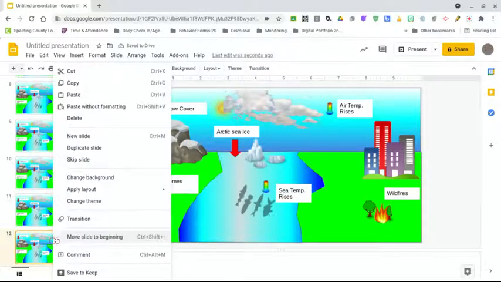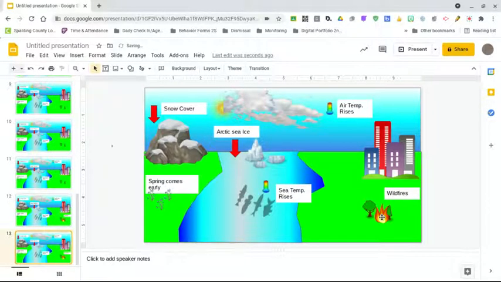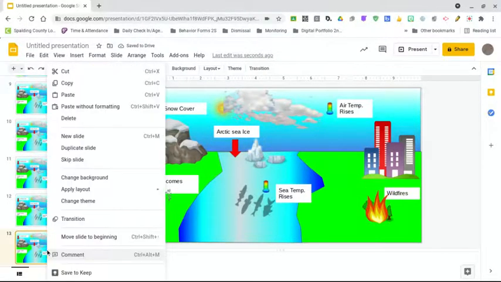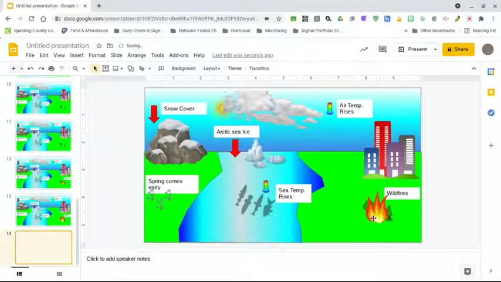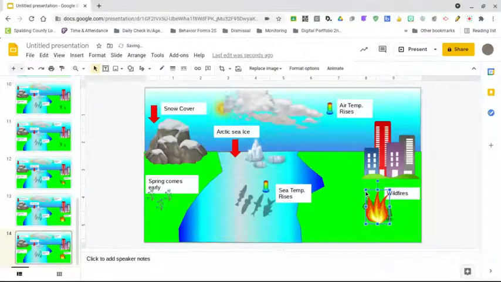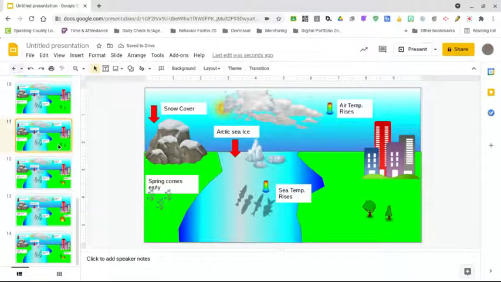I'm going to go over here and duplicate my slide. I'm going to go to the fire and simply make it larger. Then duplicate this slide again, and make it smaller once again. So when, okay, I'm going to click on slide 11 at this point. So while you're watching it,